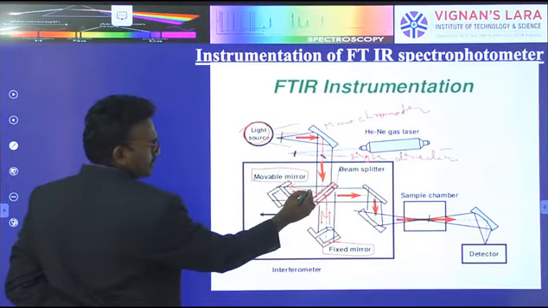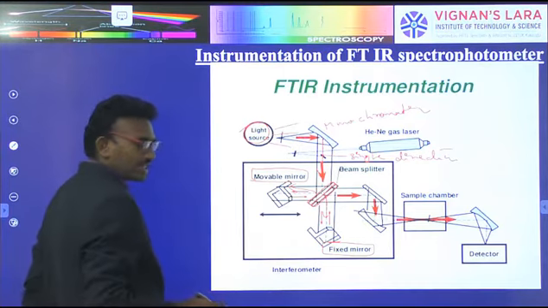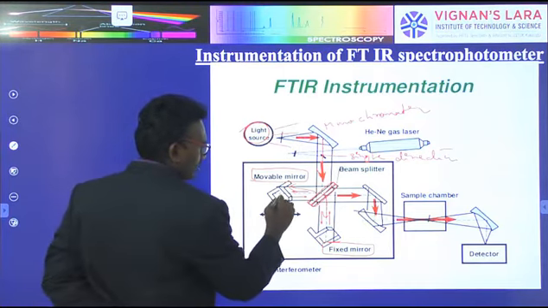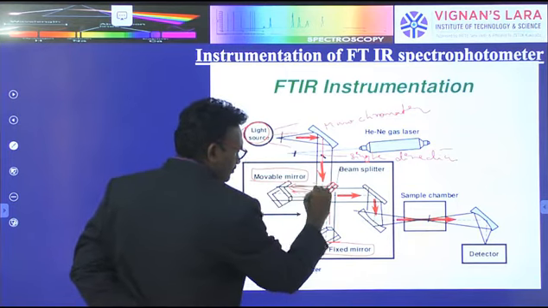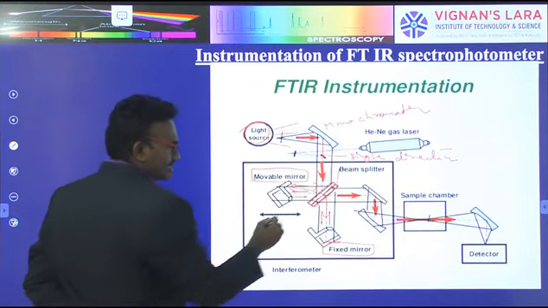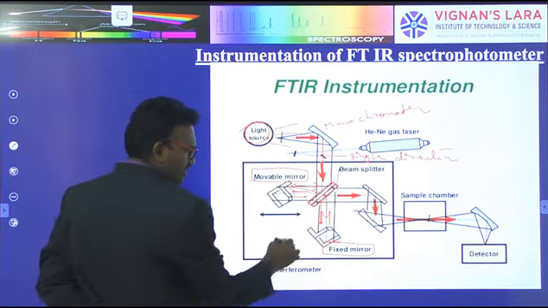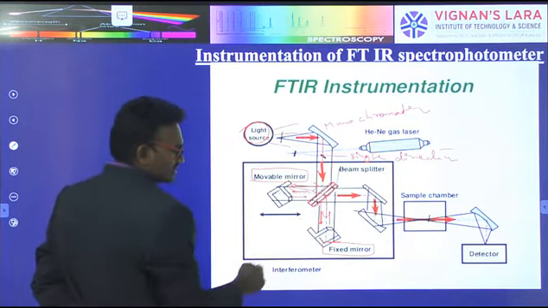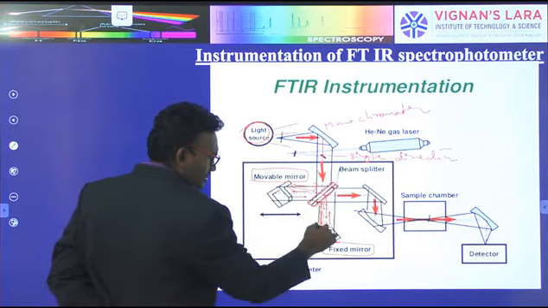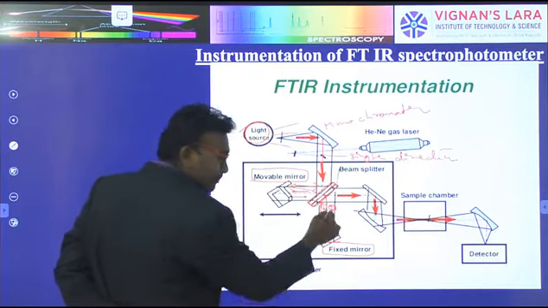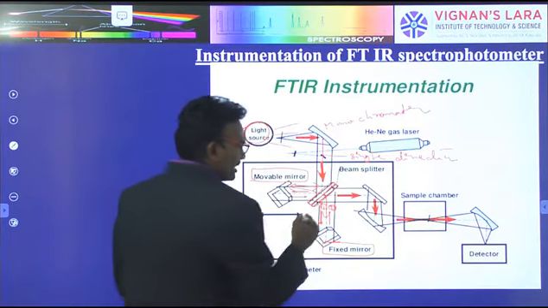For example, that is passed into the mobile mirror. Both mirrors reflect the same light. The mobile mirror reflects the light back into the beam splitter. It is repeatedly passed, and both lights, the first light and the second light after the mobile mirror, are combined, with the different wavelength characteristics of both lights combined. The total light is passed